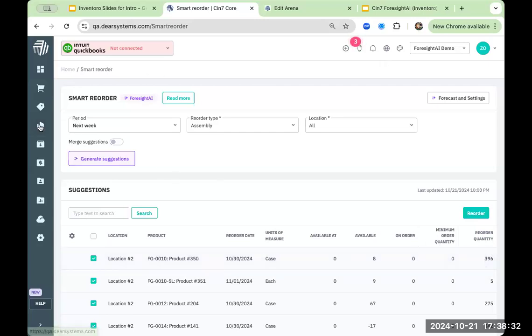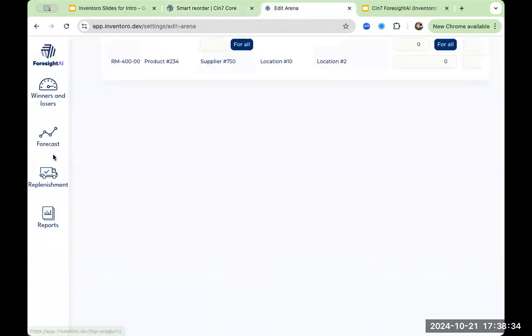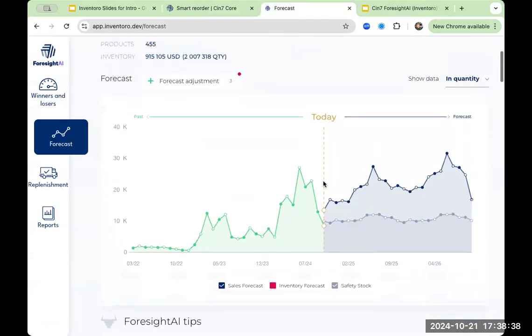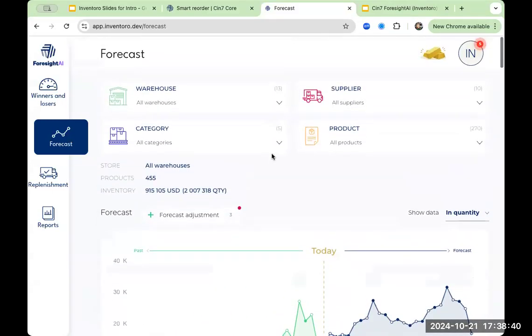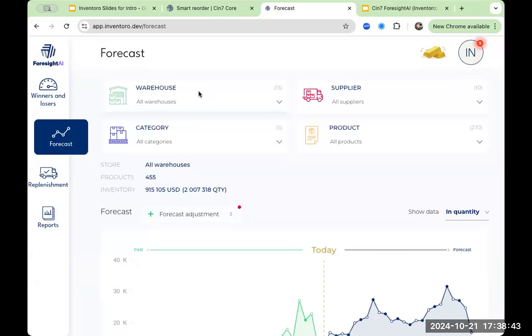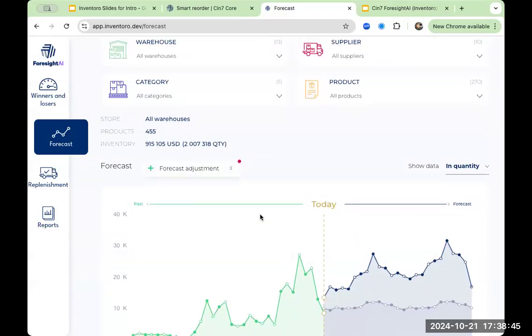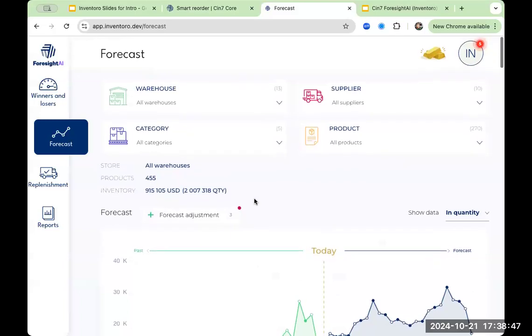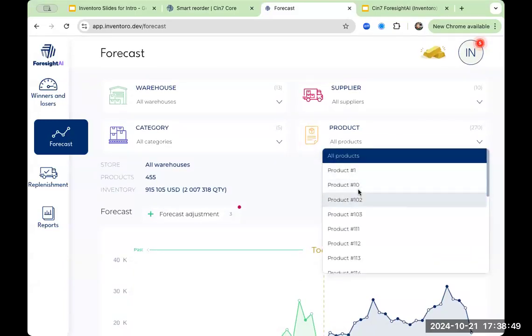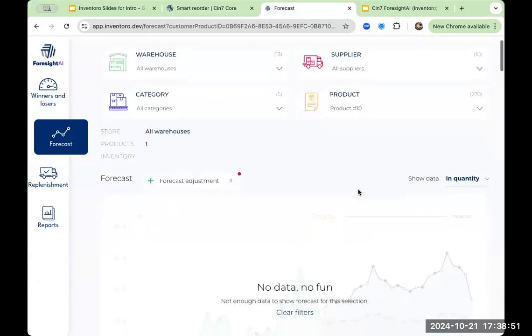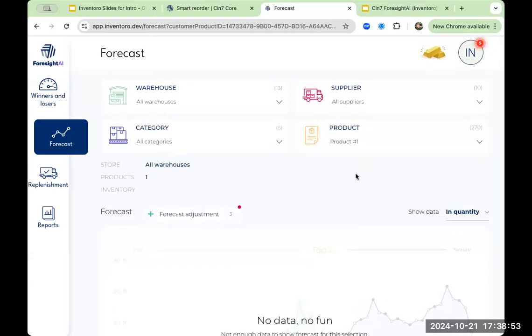And then also, if you want to click into this forecast, you could also see, now that we have a few minutes, you can actually layer filters on this graph. And I really like it again because it's very visual. So if you want to see how a certain product was going to be performing, or not this one, but